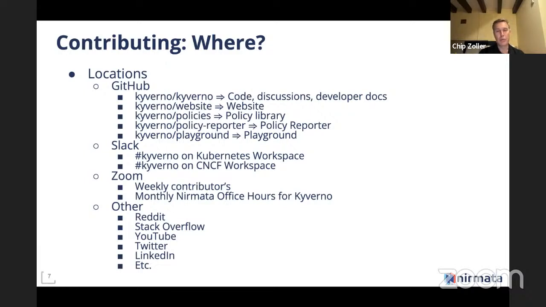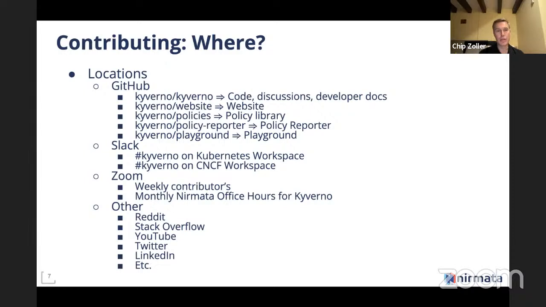For those that might not be aware, there is now a really cool web front end that allows you to play with Kyverno policies without having to install anything whatsoever. You can test policies that are either pre-built samples, you can provide your own, you can tweak the Kyverno configuration. You can do all of that in a web front end, as well as deploy it on your own premises with a binary that's provided. So the Playground is its own sub-project, and you can make contributions there if any of the previous repos didn't pique your interest. So just from a GitHub perspective, there's a lot that can be done, but that's not